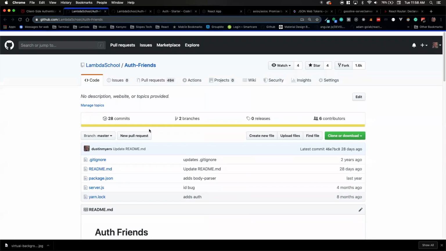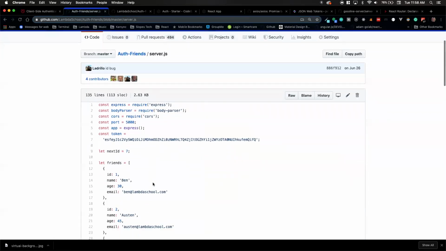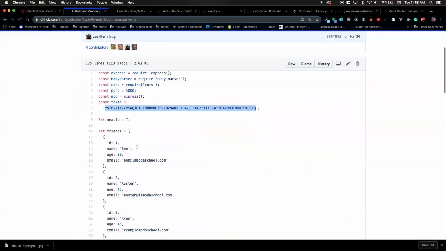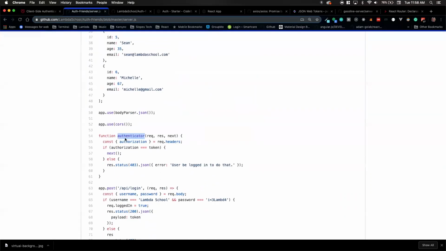Today, you're going to build a friends application. So you've got a server here that you're going to have to fire up and run. You've got a token. You've got a list of friends. You've got an authenticator middleware that's going to check